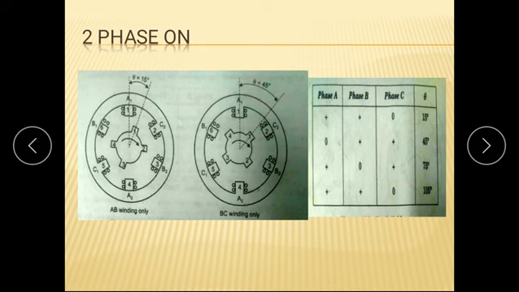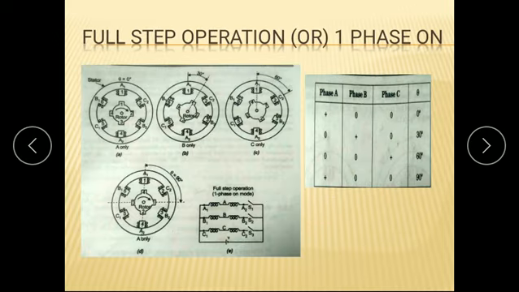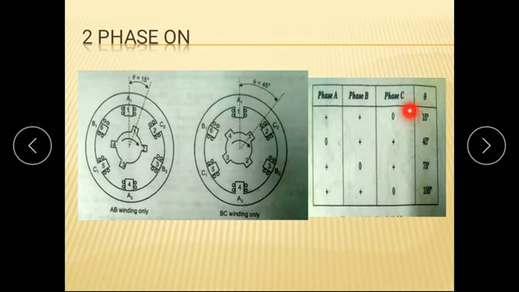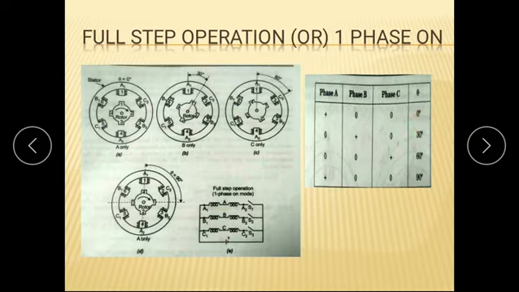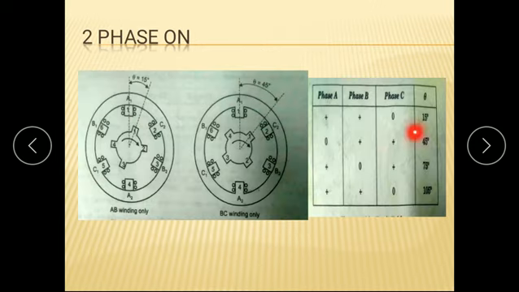So I'll get the step angle as 15 degrees, 30 divided by 2 is 15 degrees. That is the arithmetic mean of the first two values: 0 plus 30 divided by 2 is 15 degrees. That will be the first step angle. And next, 30 plus 60 is 90, divided by 2 is 45 degrees. That will be the second step angle.